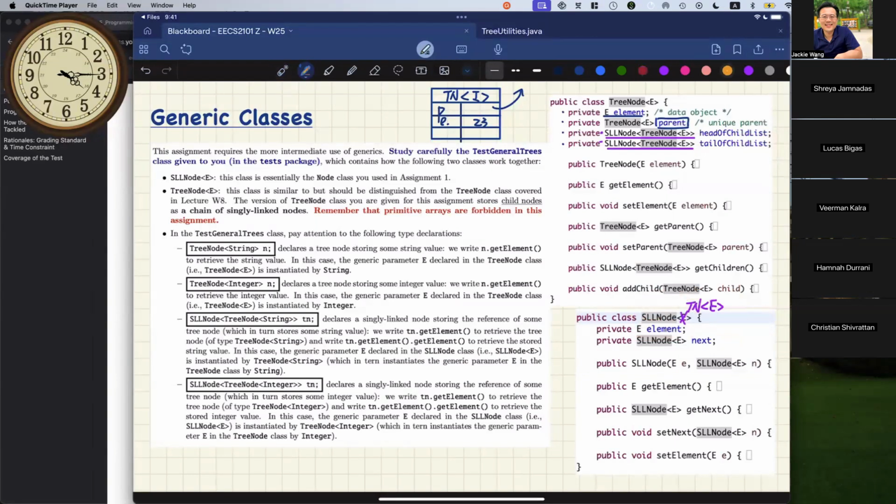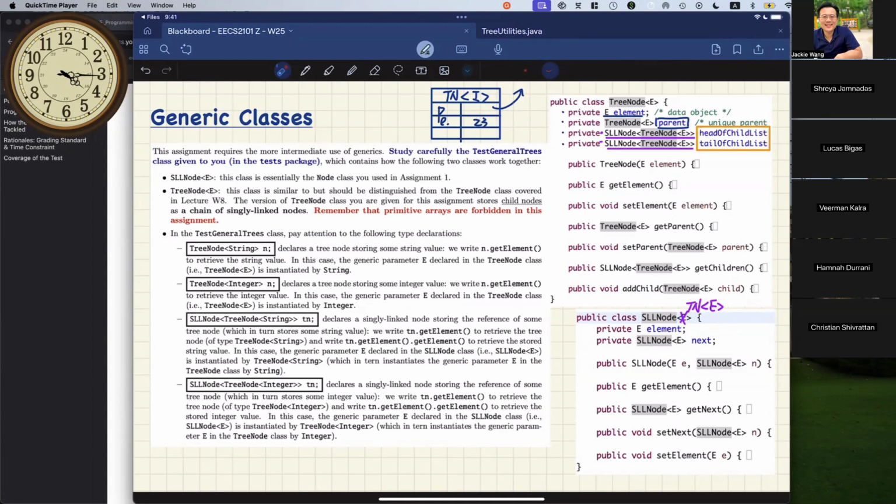So if you look at the head and also the tail, the names could be slightly confusing. Well, actually, it's not really confusing. It already says it's the head and the tail. That means they are not storing the entire list per se. They're only storing either the beginning or the end node. It's a single node.